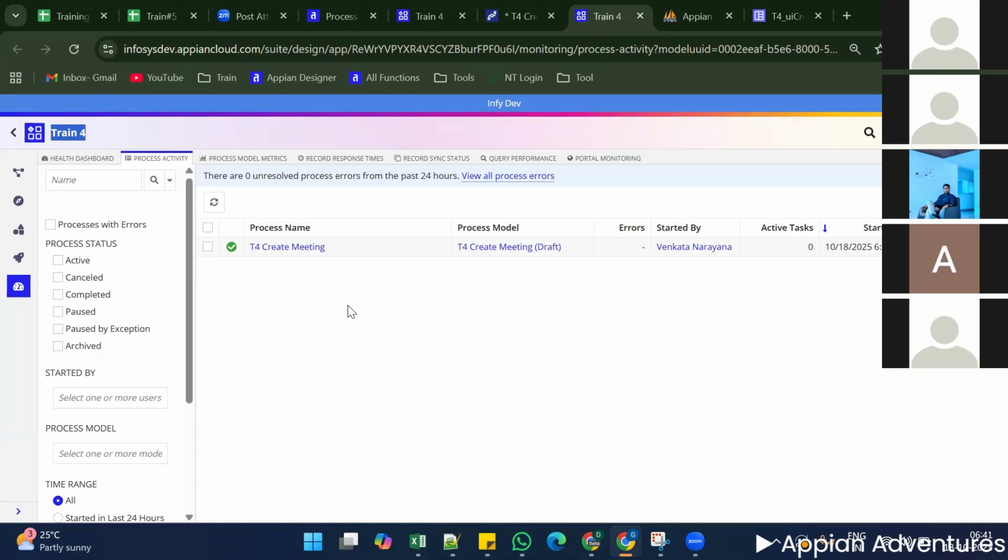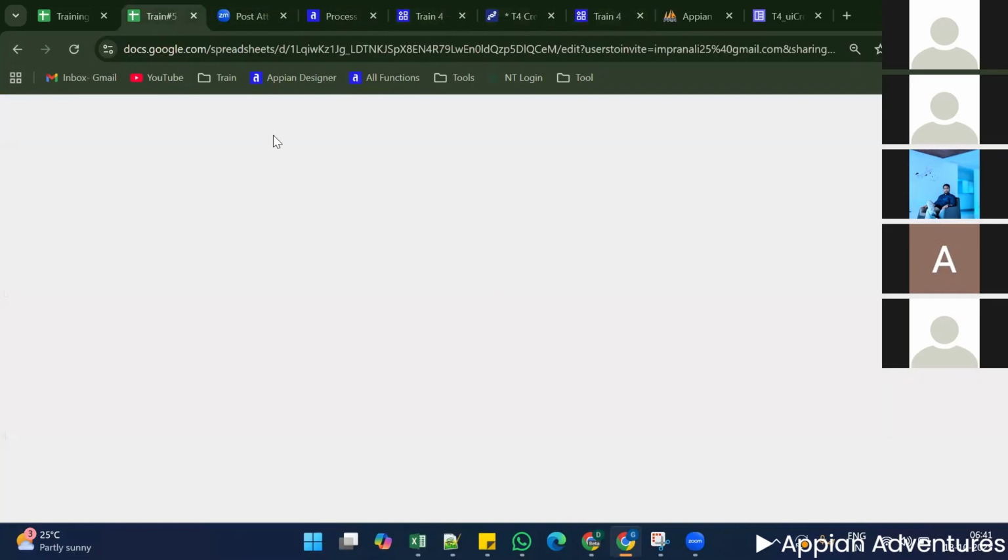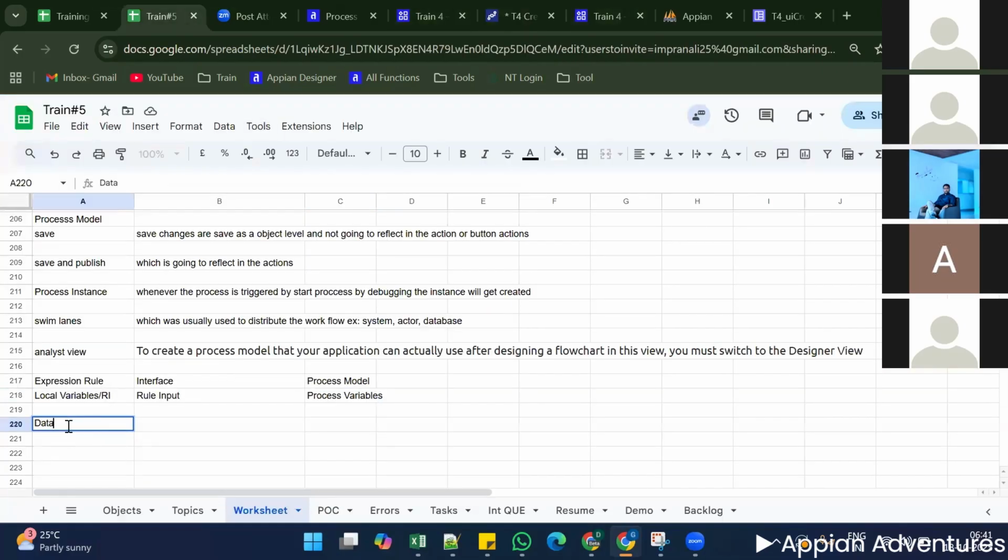So users will not have a good experience when they log in. The more disk space you have consumed, the more the performance is reduced. So to improve the performance and the user experience, to show better results for the user when they log in, you must enable this data management. That's why we use data management. In data management, we have two types of options, guys. One is archival and the other is deletion. So what is meant by archive and what is meant by delete? If you select the delete option,